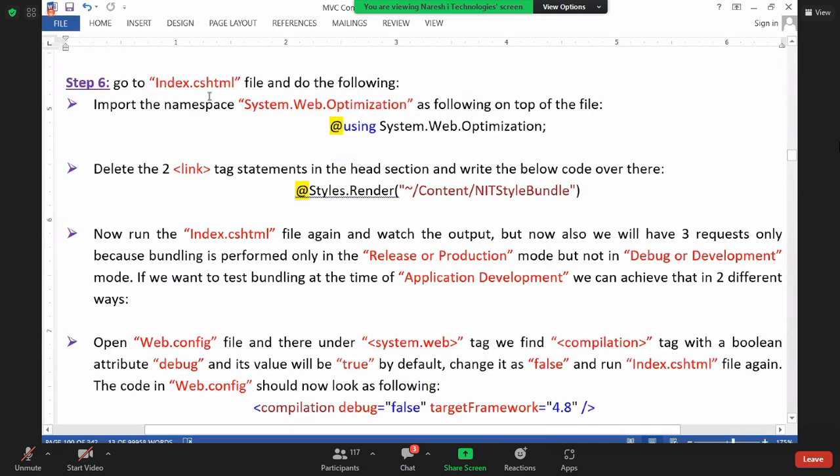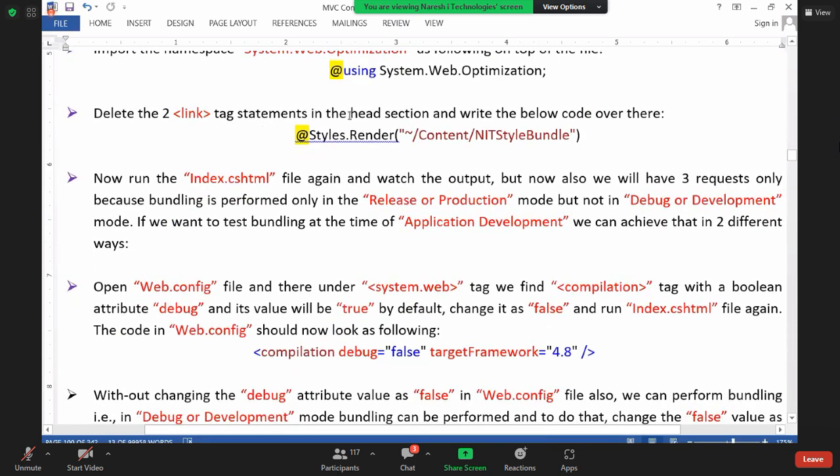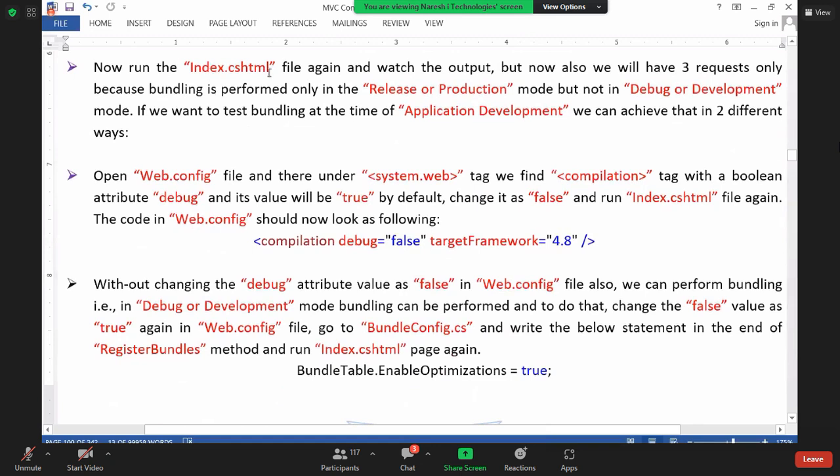Next, in index.html import the namespace. Delete the link tags in the head section. Earlier we had 2 link tags; now delete them and replace them with this line. Now run the index.html. Now also we see 3 requests only